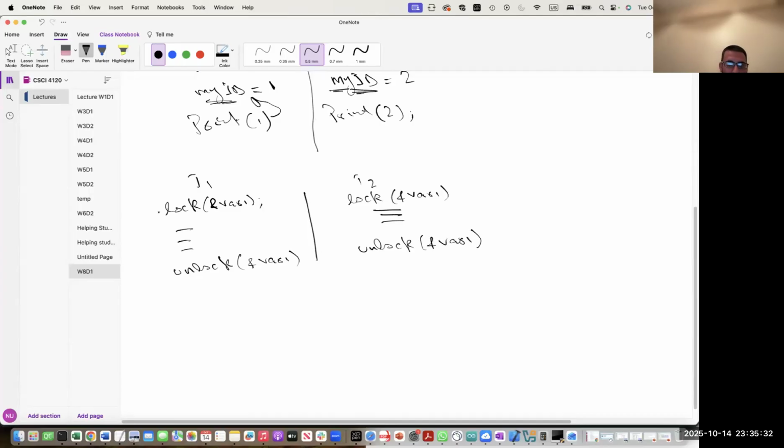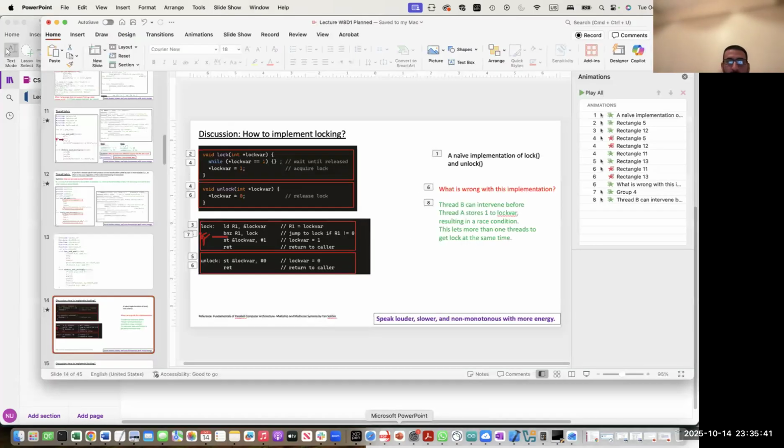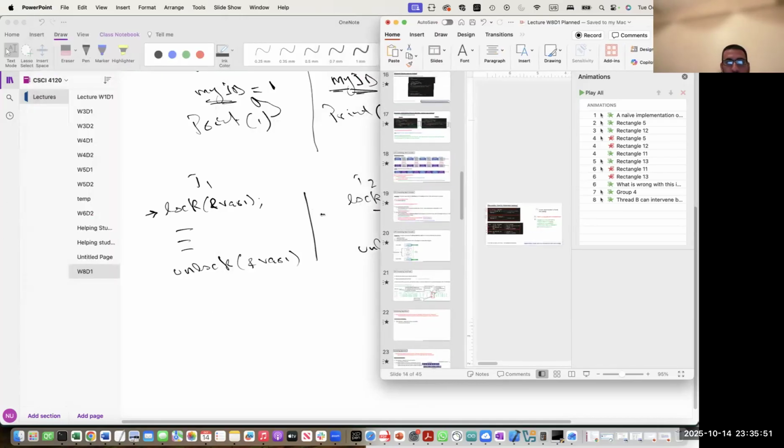Now let's say T1 executes this function, lock var 1, right? Now let's go to the assembly of that function. So what is happening here? If you look at the assembly, in assembly you are saying, okay,